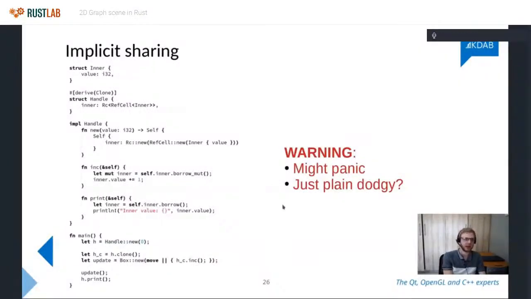It now becomes your responsibility to make sure you're not trying to mutate something while you've got the non-mutable reference as well. But that shouldn't really happen, because you're only borrowing it for very short periods. When you call functions like increment or print, you're only temporarily borrowing it. The rest of the time, you've just got this handle which knows how to get to the internal data. And the interesting thing that this allows you to do is you can easily clone the handle and put it inside a boxed closure and then move this boxed closure anywhere, which I used, for instance, for the